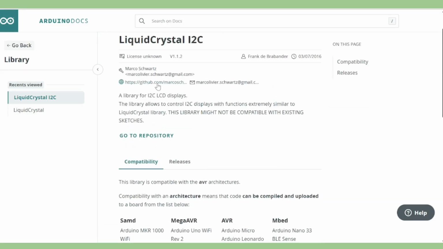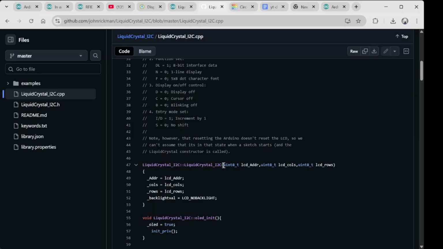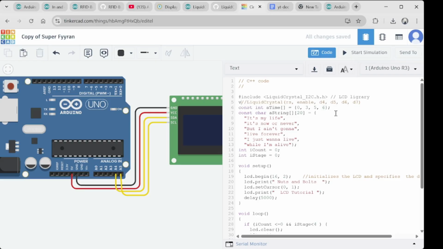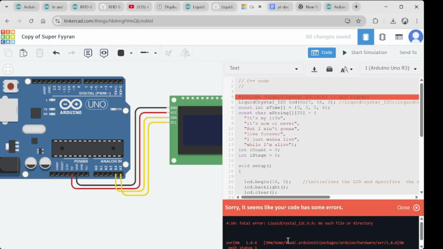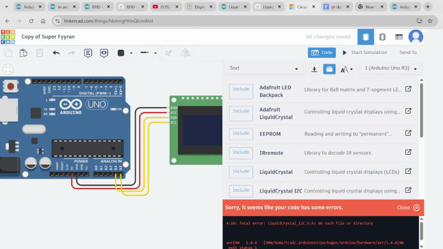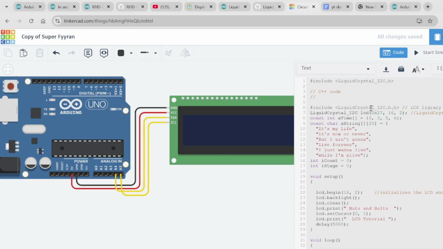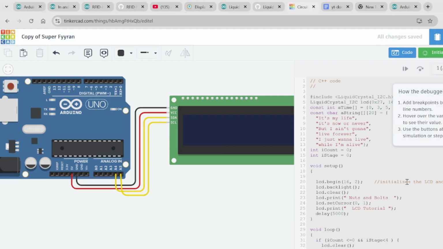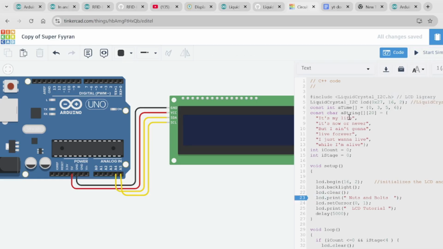I had previously referred to existing projects. Compared to the previous LCD type, the difference is mainly in the configuration. In terms of usage, it's almost exactly the same. This experiment also ended in failure. I couldn't figure out what went wrong, so I turned off the simulator and looked to see if there were